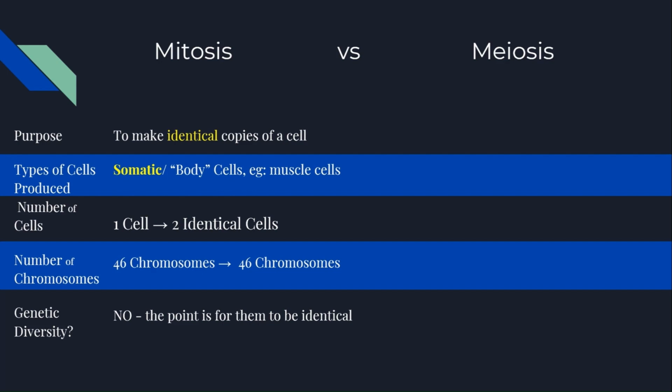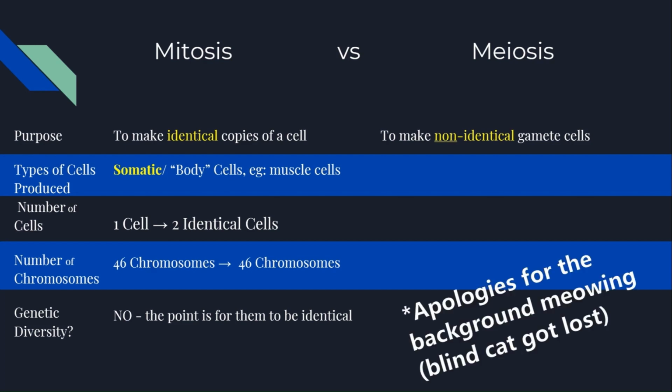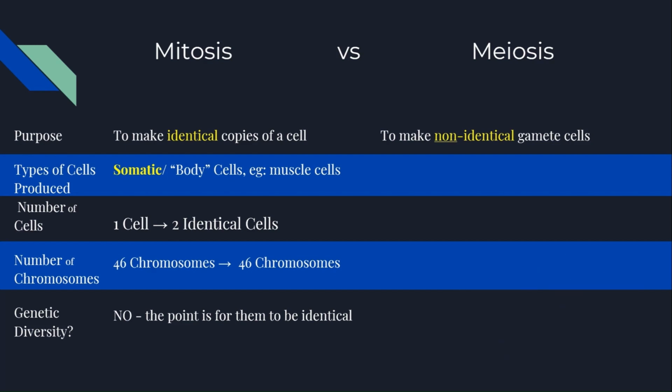But in contrast, meiosis, as you all already know, the point is to make non-identical gametic cells, so those sex cells, sperm and egg cells, that are not identical to help promote that genetic diversity. So the types of cells that are produced are gametes only, and we go from one cell, one diploid cell,